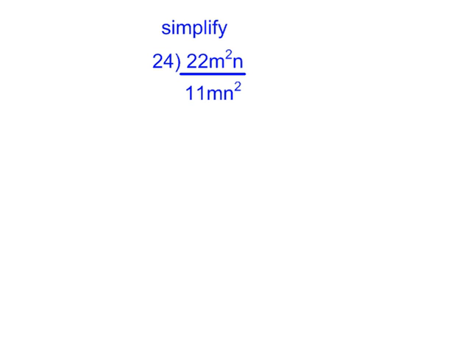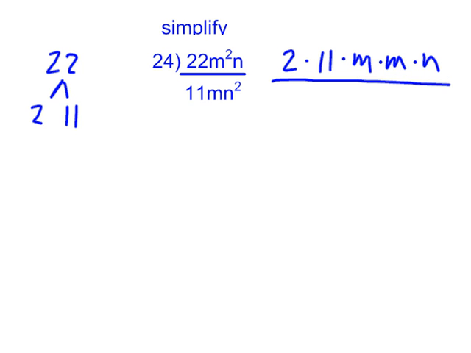24, we're going to use prime factorization, and 22 is 2 times 11, and 11 is prime. So up here in our numerator, we're going to have 2 times 11 times m times m times n. And our denominator